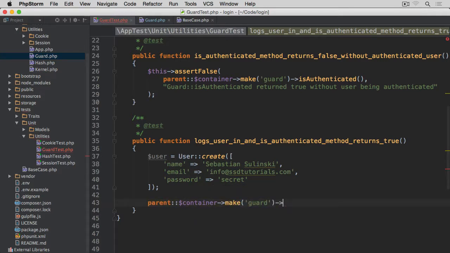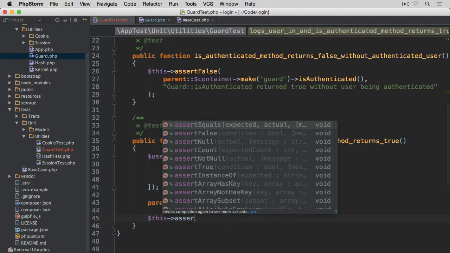So again, at this point, we have an instance of the guard class pulled out of the container. Now we call the login method to log this user in. We pass the user instance as an argument, so that should log in the user. And now when we run this assert true in this case,